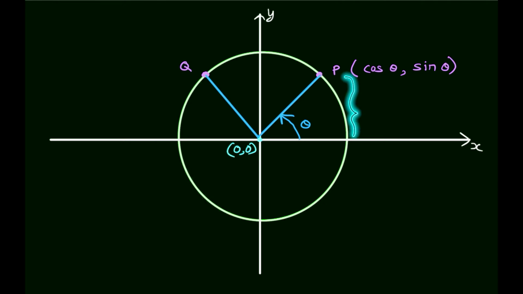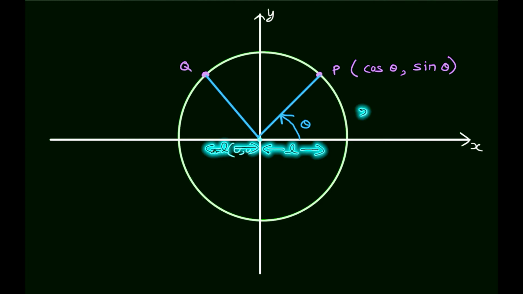Therefore, since this is a unit circle, the horizontal distance from the origin to point P will be the same as the horizontal distance from the origin to point Q as well, because this is just a unit circle and symmetrical. So the horizontal distance will be the same, and the vertical distance,